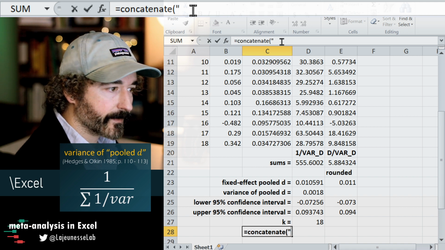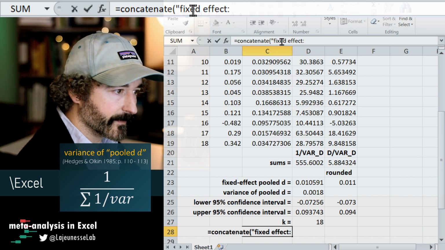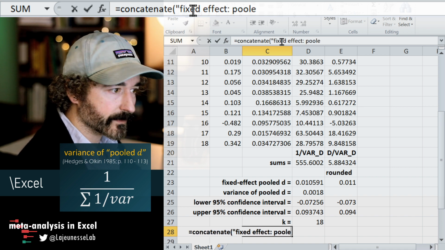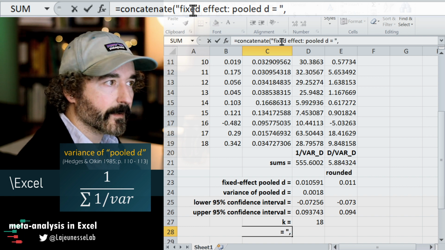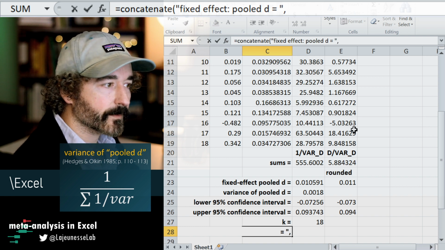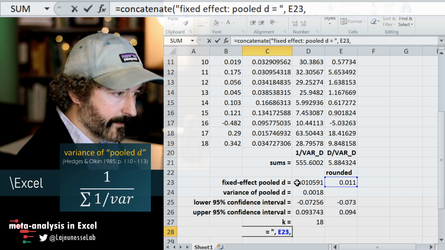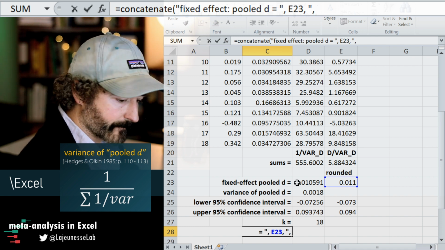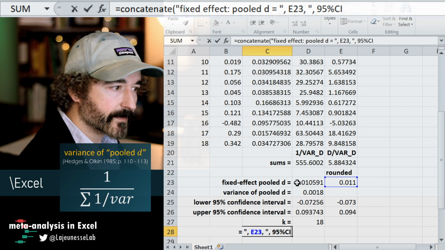I will say fixed effect, we want the pooled D, and that equals the rounded value. And then we're going to report the 95% confidence intervals,